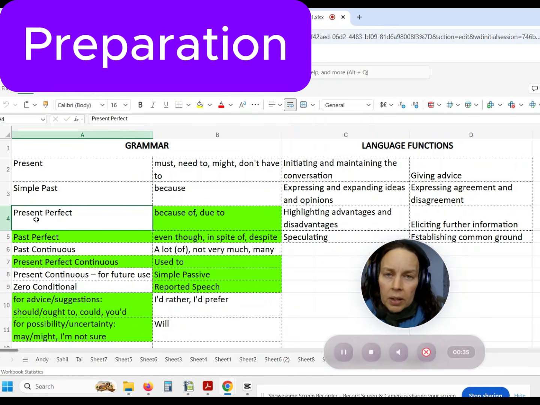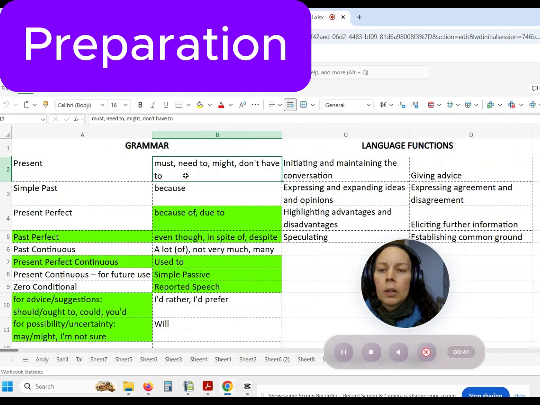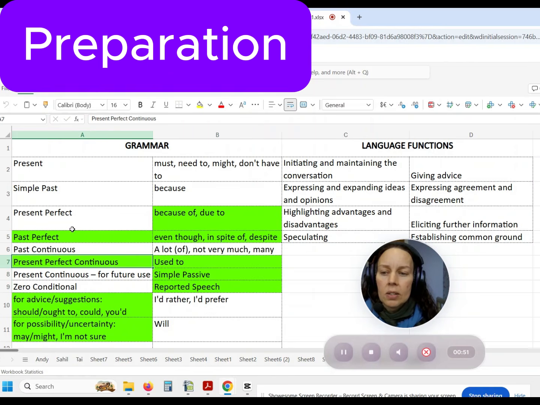So we want to prepare sentences in all of these styles, using all of this grammar. The green ones specifically are mentioned in the B2 Trinity Teacher's Guide. So I would make sure I know these in green. The ones that are not in green are B1, so you should definitely know those already. Everything under grammar, you should be able to make sentences.